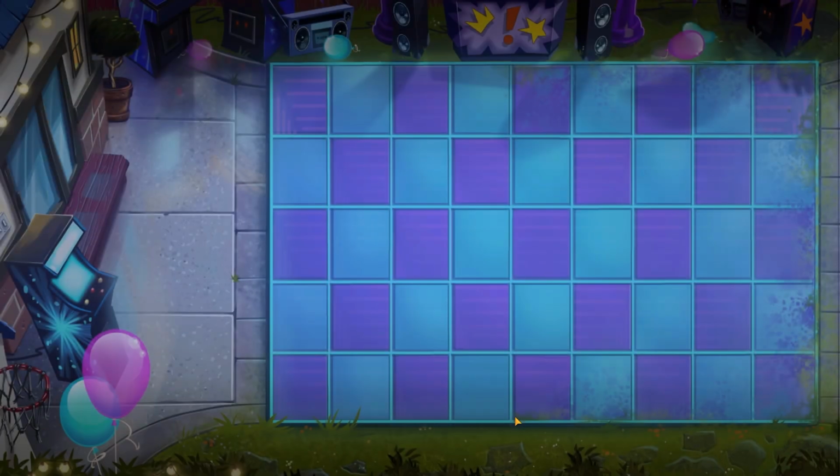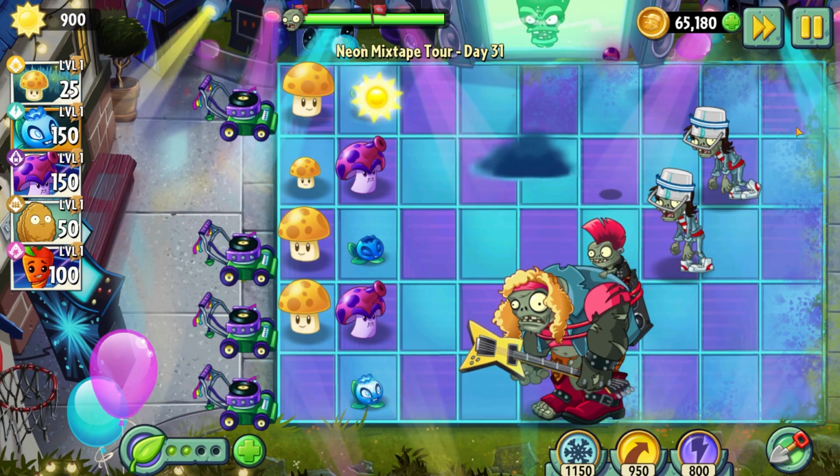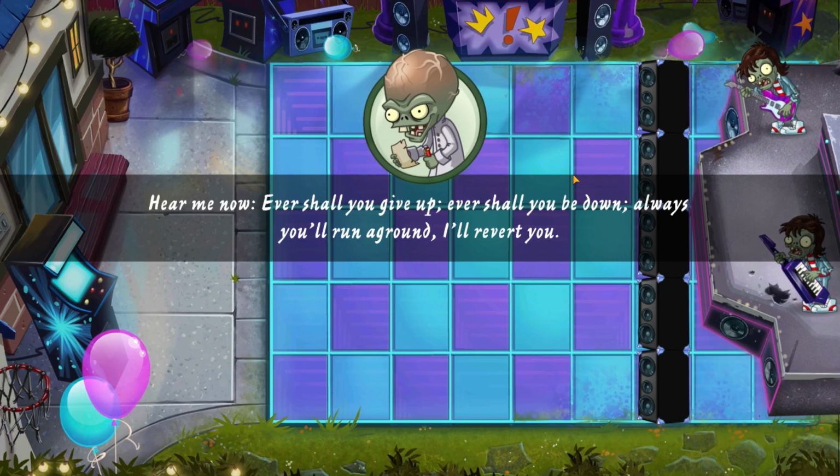And day 31 is a given plants level. Oh my god, man. Okay, so these next 2 levels are impossible. It seems to always be that. What the hell? Now, day 32 is the boss fight, and this one is the sole reason I say how